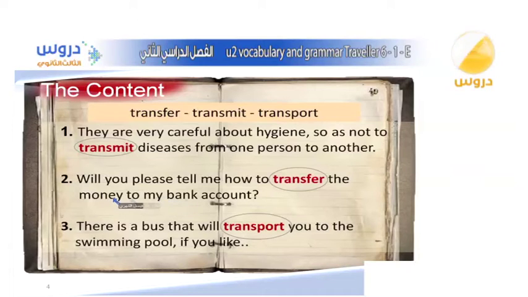I think the sentence is not difficult. Because we are talking about money, we are talking about a bank, we are talking about an account, and transfer can lead to the meaning easily in this sentence. The third sentence, there is a bus that will transport you to the swimming pool if you like. All right, so this is an example of easily confused